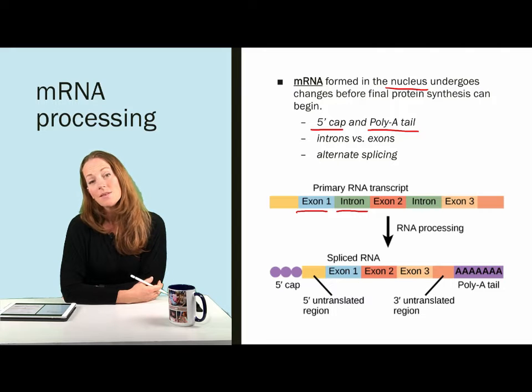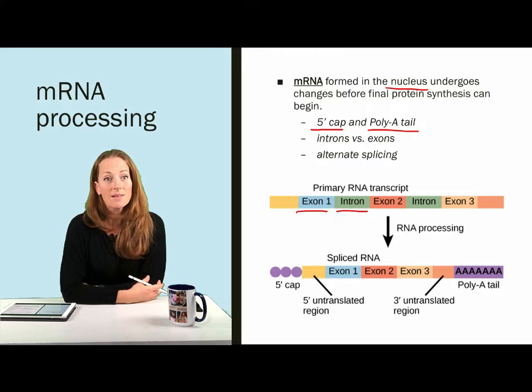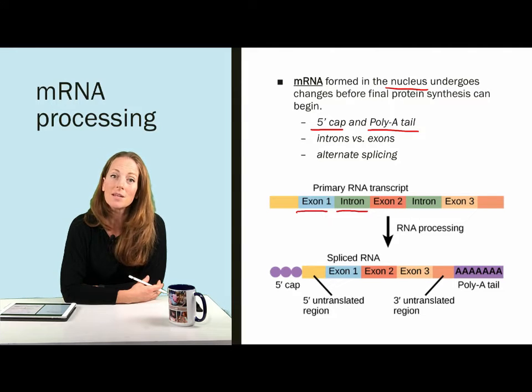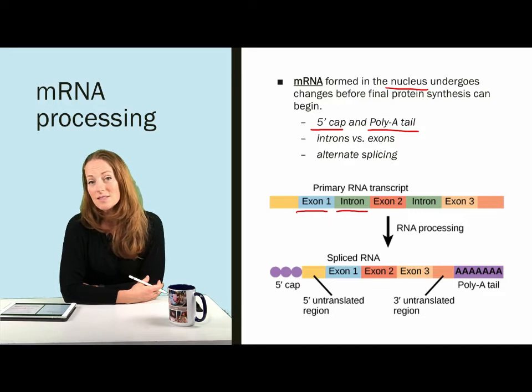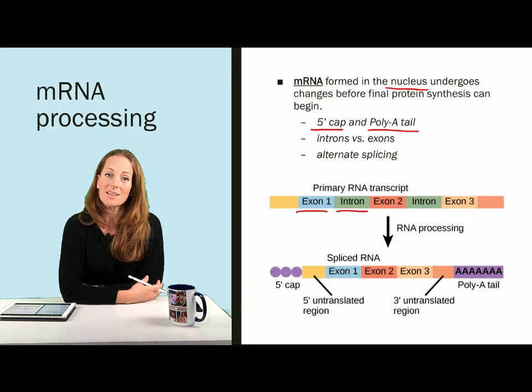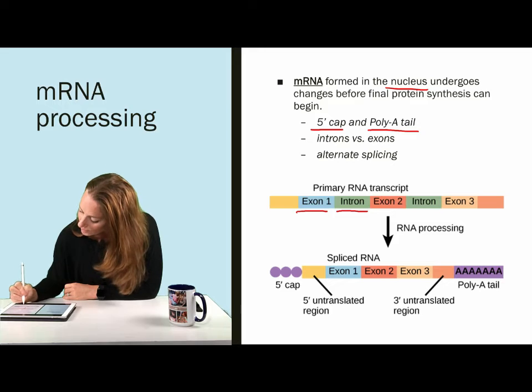Sometimes there's a different combination of splicing that can happen, based on transcription regulation. So it's possible that from the same mRNA transcript, you can have different mature mRNAs that are formed because of alternative splicing of the introns and exons. But let's keep it simple for now and start with our